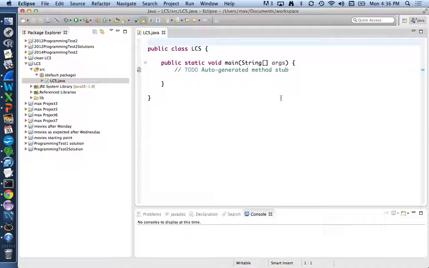This is Max Halperin. I'm going to demonstrate how I would develop in Java a dynamic programming approach to solving the longest common subsequence, or LCS, problem. This is analogous to the global sequence alignment problem for which you have a project. I'm going to concentrate on how to develop very systematic, straightforward code where the dynamic programming approach is derived from